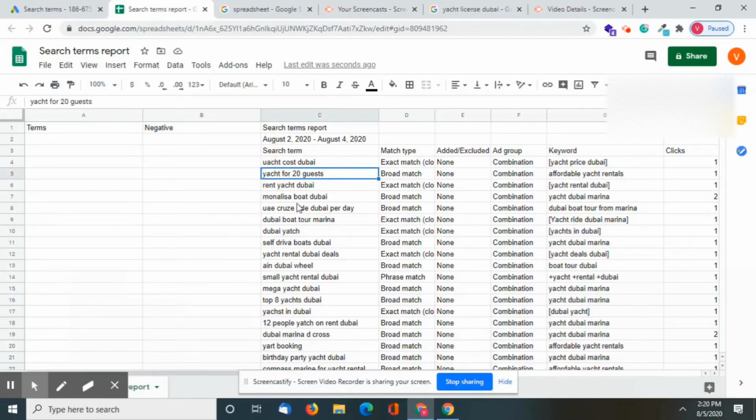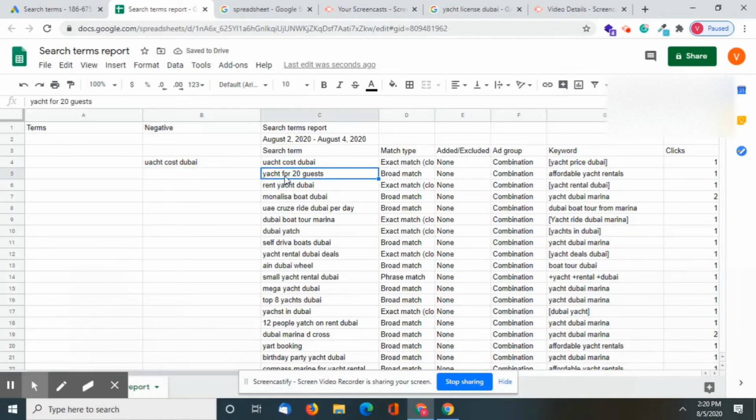As you can see, there are a lot. For 3 days, I have got around 42 search terms here on which I have not taken any action. Yacht cost Dubai is negative for us because the customer might not be searching for yacht rental; instead he wants to buy a yacht.